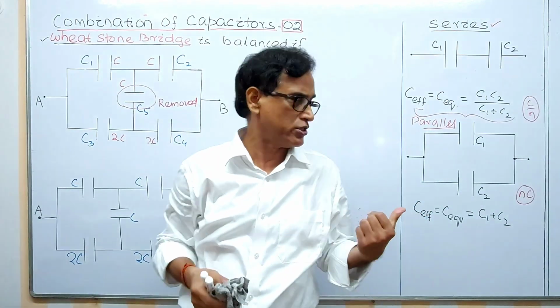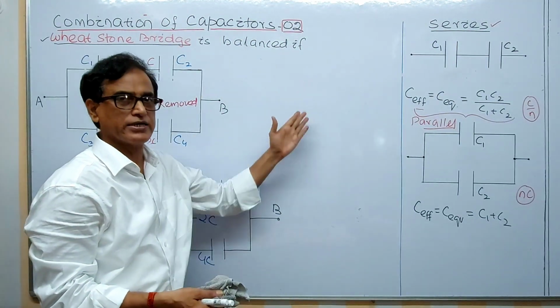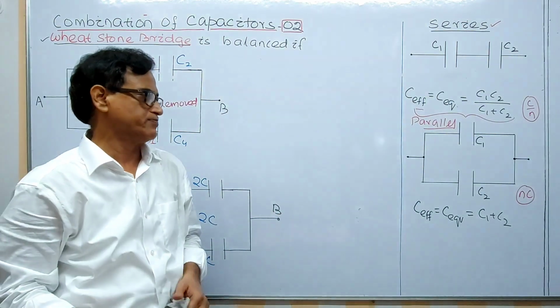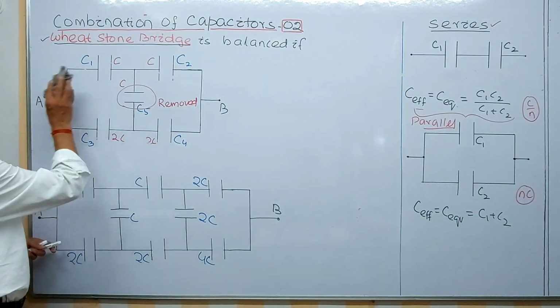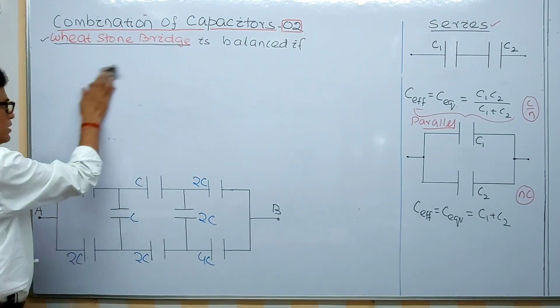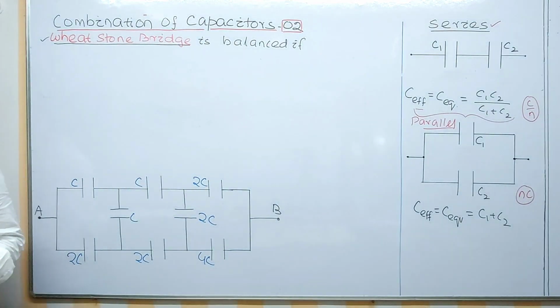I was drawing the circuits; these are called equivalent. The first circuit is equivalent to the second, which is equivalent to the third, and so on. In this manner we can calculate this one. So this is one arrangement. I will also come to some tricks for different kinds of circuits.